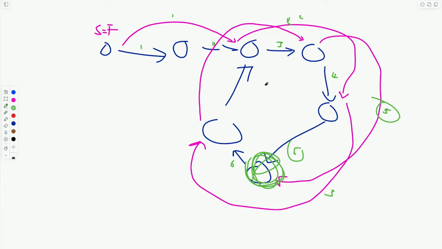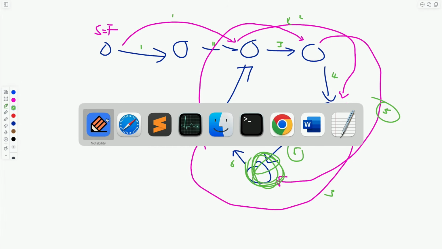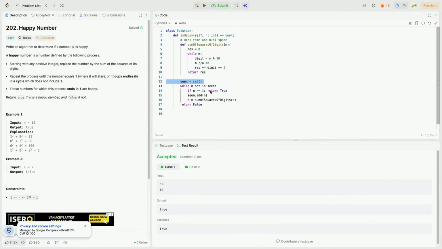So the fast pointer advances 2 steps, the slow only 1 step. And at some point, it's guaranteed that they will run into each other, regardless of whether the cycle has an even or an odd length. Simply because of the fact that one goes twice as fast, it's guaranteed that they will run into each other. So we can use the same idea here, but instead of iterating over list nodes,